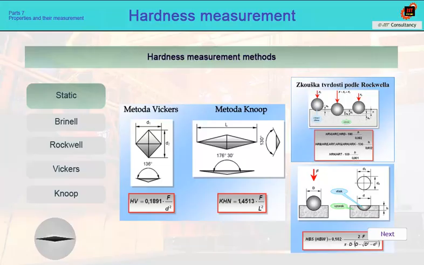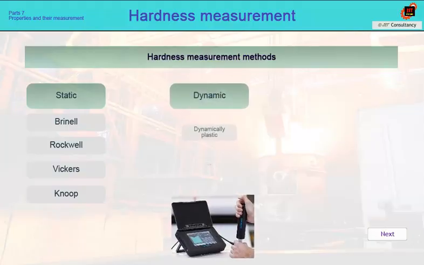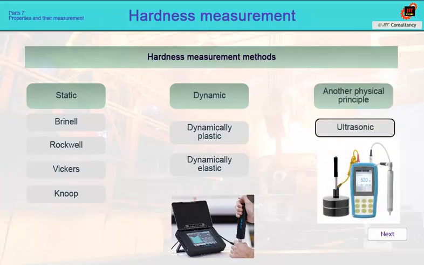In practice, however, we also encounter other measurement methods that are not based on the penetration of a body into the tested material. These are primarily dynamic reflection methods, where the surface of the material is not acted upon by a static, gradually increasing force, but the load is applied dynamically, suddenly. And last but not least, ultrasonic methods, based on the oscillation of a rod with a Vickers indenter according to ASTM